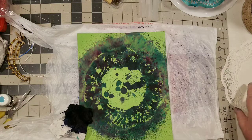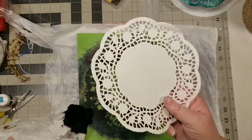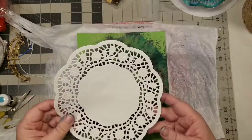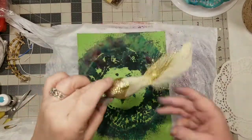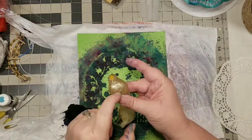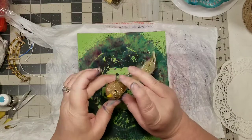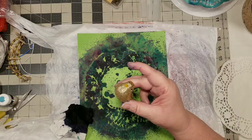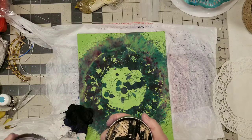What else? Oh, these, oh my gosh. Well, you know what these are. Doilies. Paper doilies were in here. And I think, oh no, also the bird. Our gold bird was in here. Now, I will tell you, I have removed the little clip that was part of this guy. Oh, I lied. Okay, I got 4 things. I used 4 things because I'm using